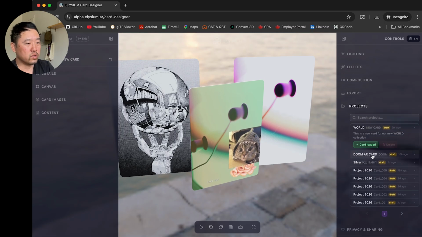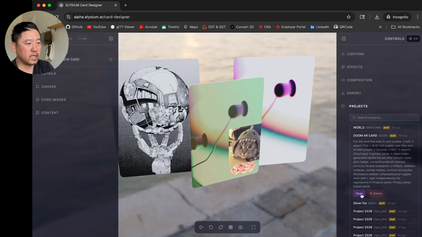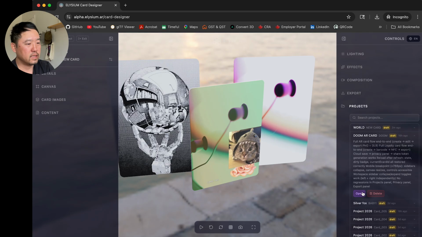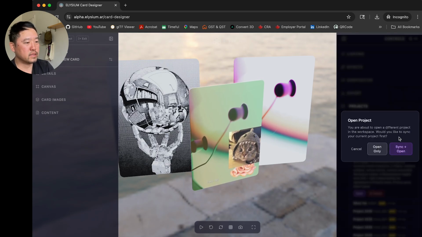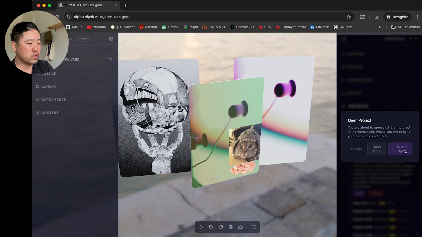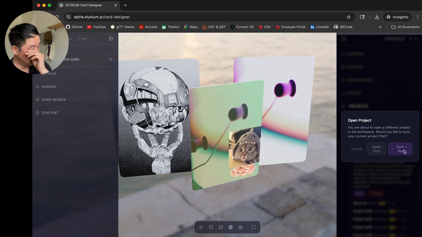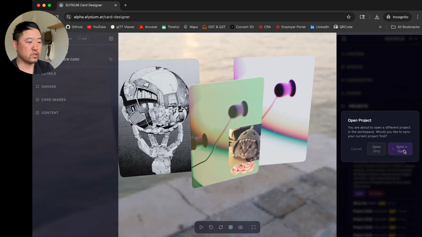So if I want to switch to a different card that I created on my account, I can just open that, right? And it gives me a prompt: hey, would I like to sync my first project first? Sure, I want to sync it. It's going to take a few seconds to do that.